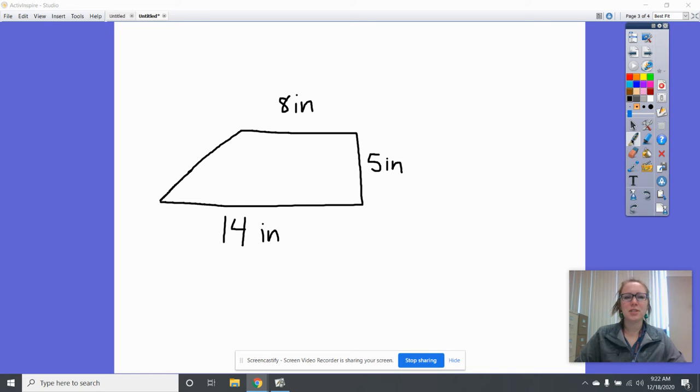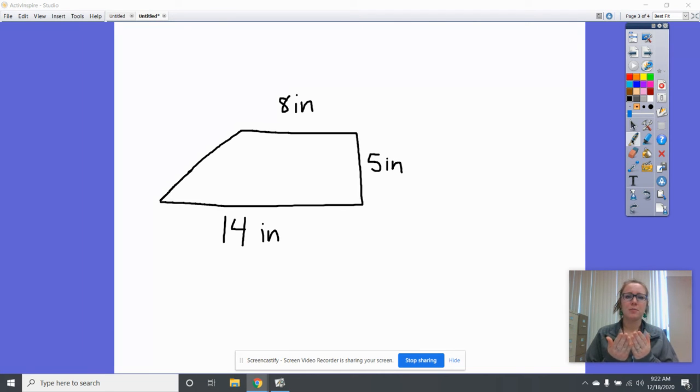Hi, today we're going to talk about finding the area of composite figures. Composite figures are just shapes that are not our standard rectangle, triangle, circle, that kind of thing, that we already easily know the formulas for. Really what they are is they took these shapes, the rectangles, the circles, the triangles, and they put them together